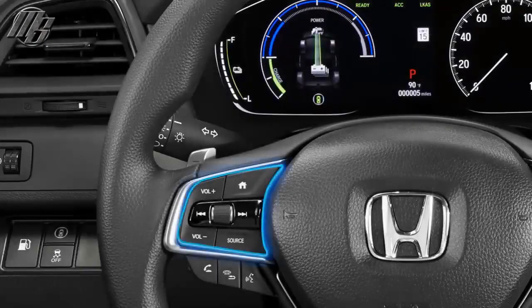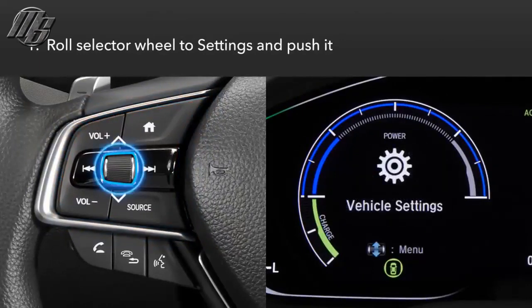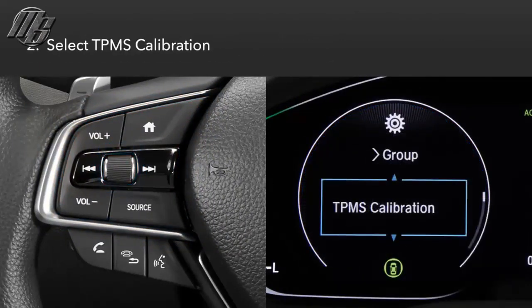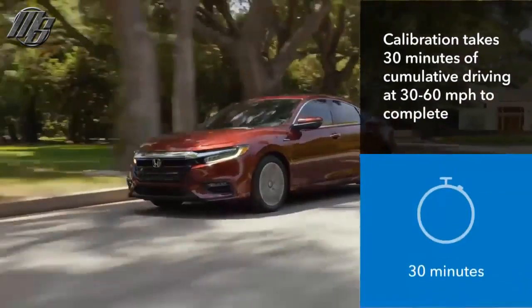To calibrate, use the left side driver information interface steering wheel controls. First, roll the selector wheel to Settings and push it. Next, select TPMS Calibration and then Calibrate. That's all there is to it. Note that after initiating the calibration,